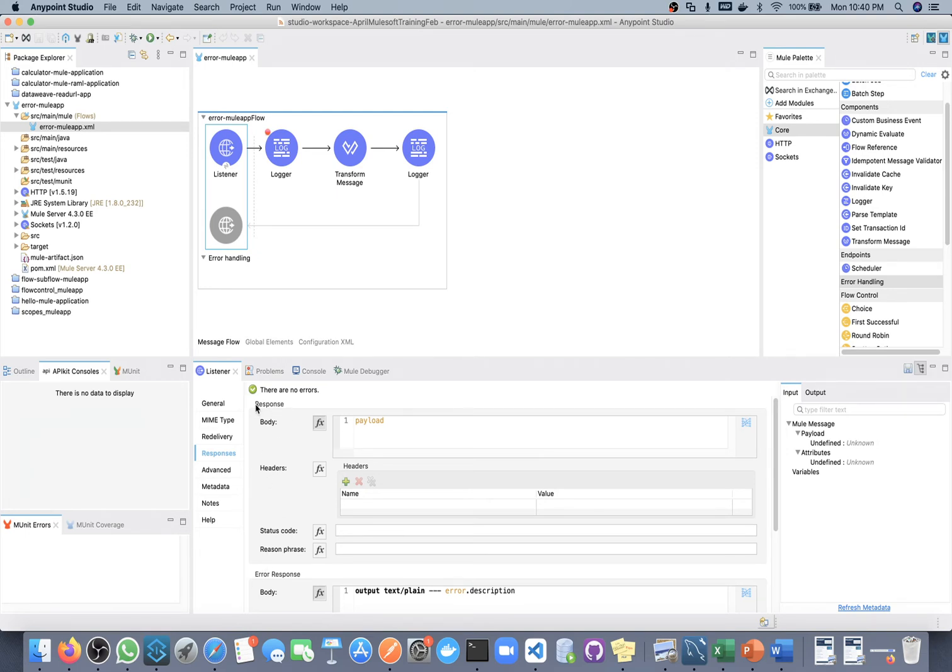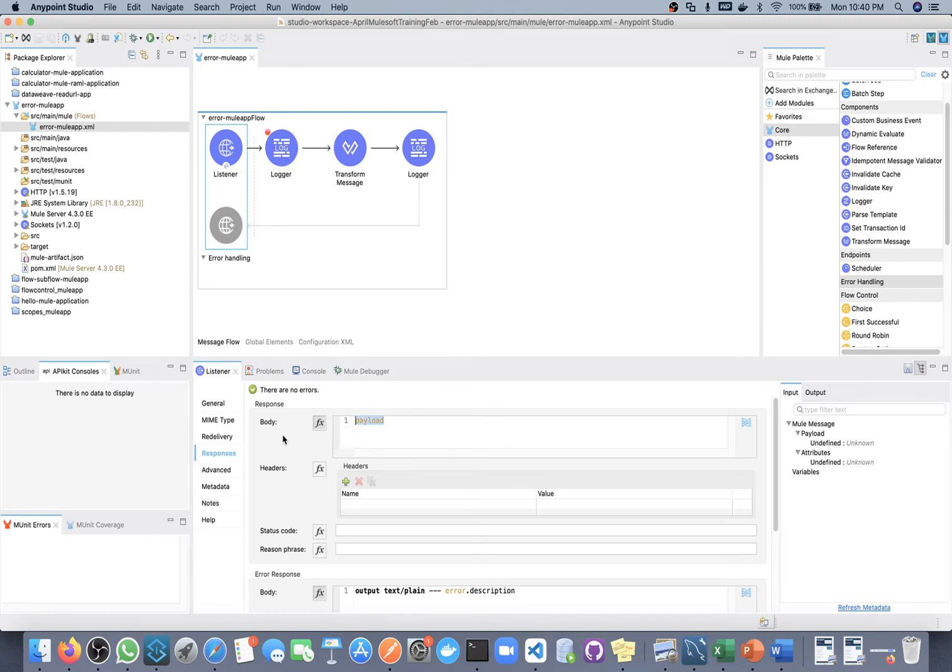Now this response is the success response. Whenever our flow is executed successfully, the response we send is defined here. If you remember, I told you multiple times that in the success scenario, whatever your last payload is, you will get that payload as the response. Why do we get that payload as the response?